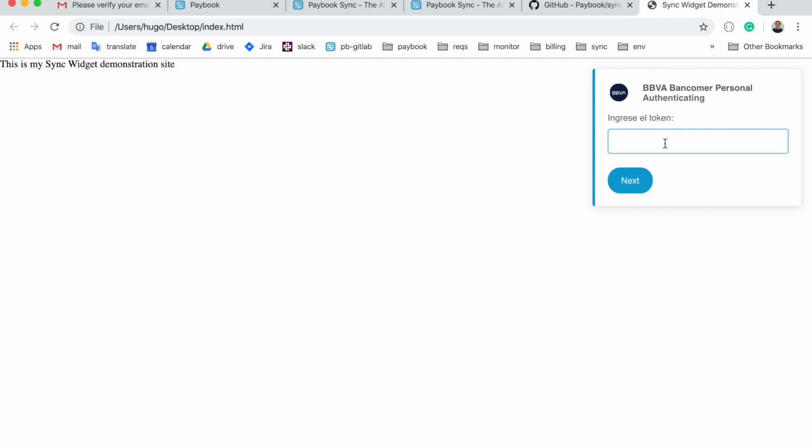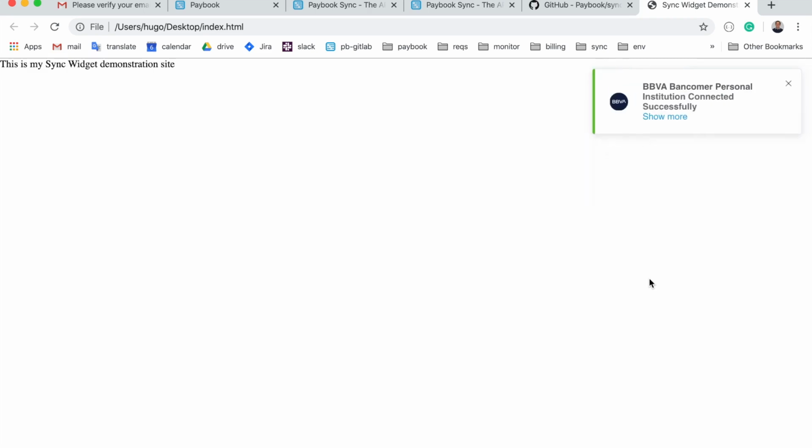Okay, let me create a token, and here it is. So let me introduce 58215204. Next. So it is authenticating the token, and let's give it a couple of seconds. The login was successful, which means that the sync service has properly accessed my account, and then here we can see the successful result, which means the connection has been successful and data has been extracted. And by data they mean that the sync service already pulled some transactions from my